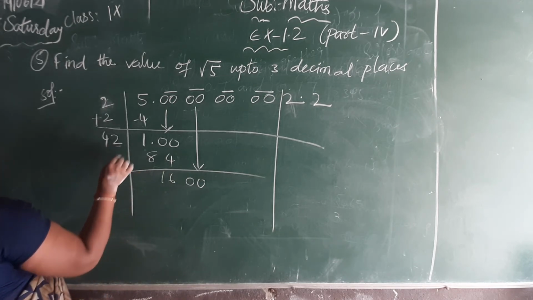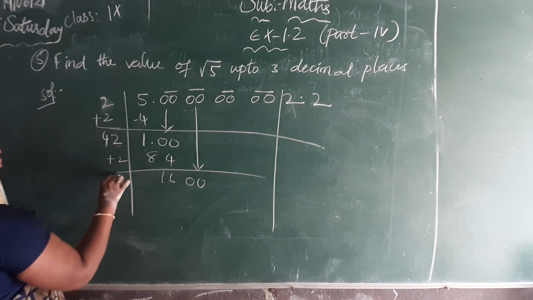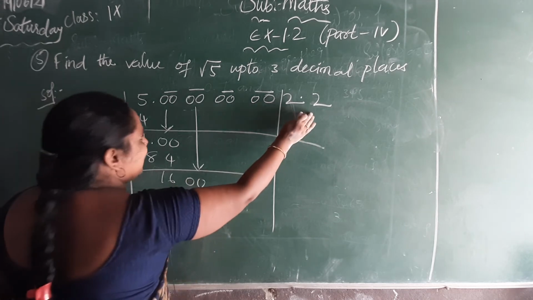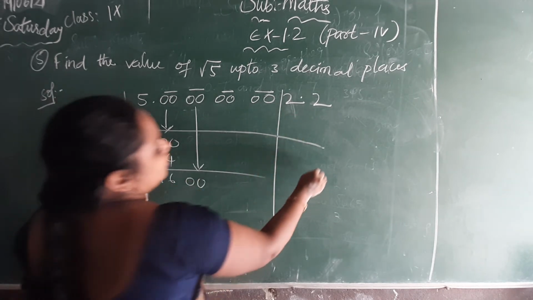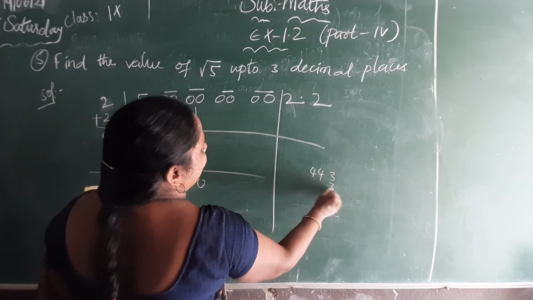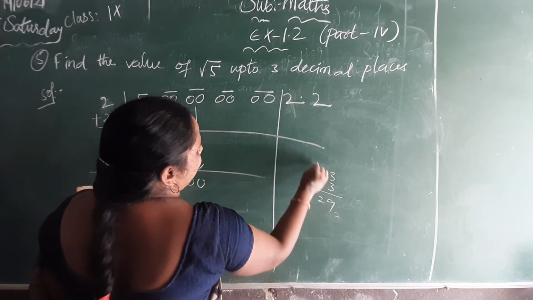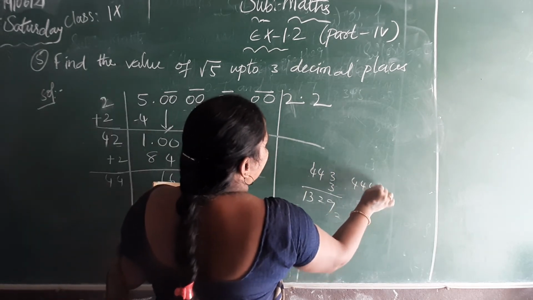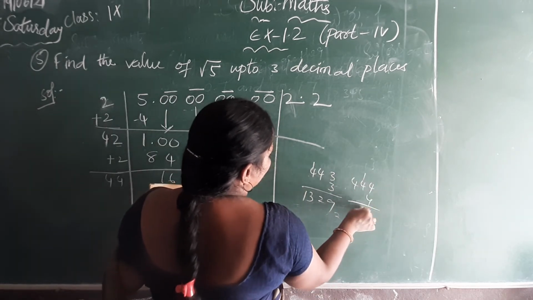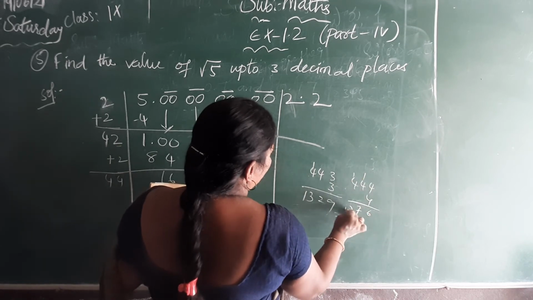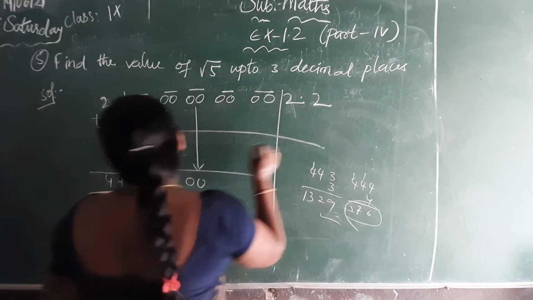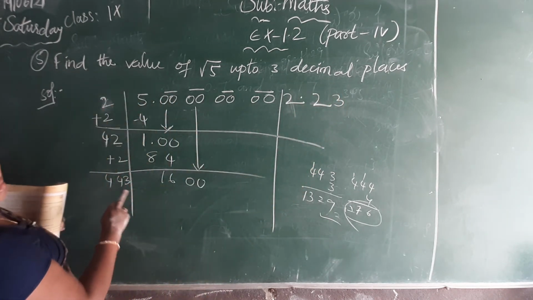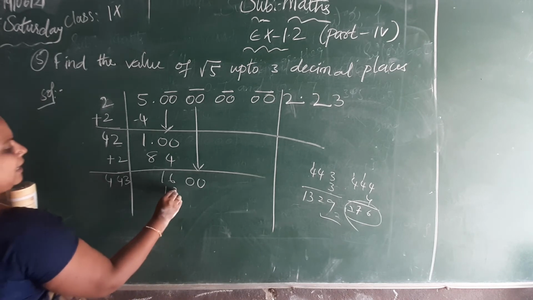So we got 1600. Here the unit digit is 2. It will be doubled: 2 plus 2, 4. So 4 is there already, so 44. How much do we have to put here? If I put 3 here, 3 here also. 3 3s are 9, 3 4s are 12, 13. If I place 4, 4 here also: 4 4s are 16, 17. So it is becoming bigger, so we will take 3 only. So 3 and 3 give 1329.